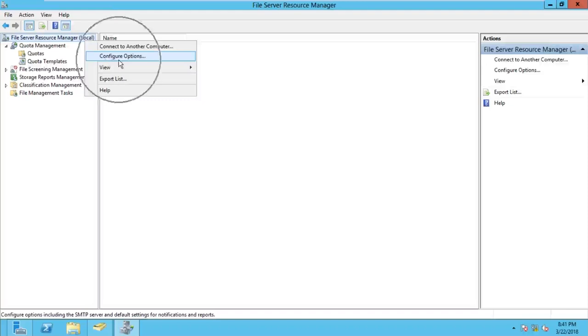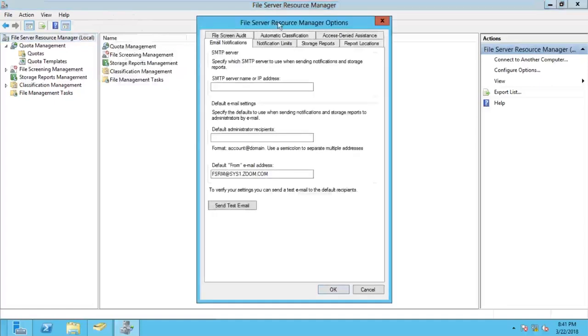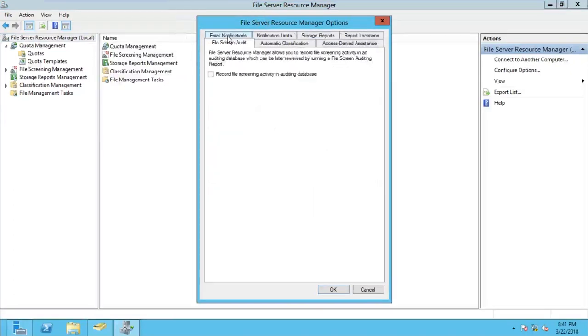So once you click this Configure option, one new page will open. In this page you can see there are so many tabs, but today we require this tab, that is File Screen Audit. So write down, select File Screen Audit tab and check the box Record File Screen Audit,